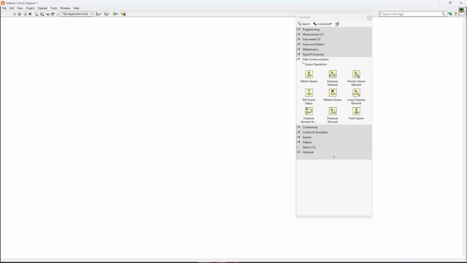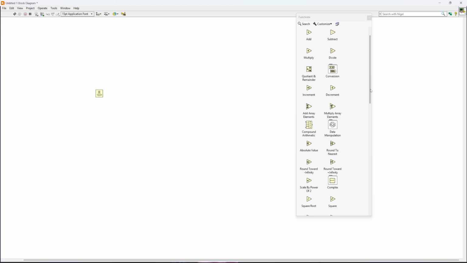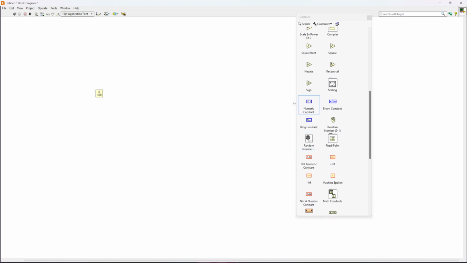So you will ask now how to set up this thing. So basically it's a three-step setup. So what we need to do is place obtain queue. So click on it and place it in the diagram. Now what we need to do is wire a data type. So I will be using right here some numeric constant just to find it. So like that, I will place it right over here